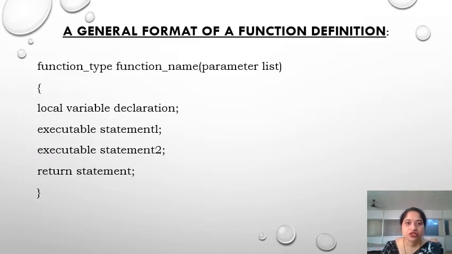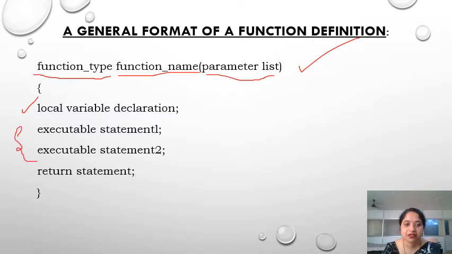So here is the general format of function definition. Function type, function name, parameter list. This forms the function header. Local variable declaration, executable statements, that is the body of the function, and the return statement. This constitutes the function body. And we have the opening brace and closing brace.